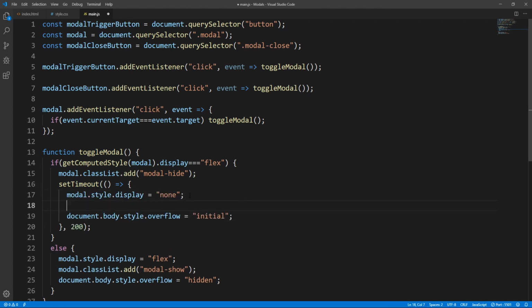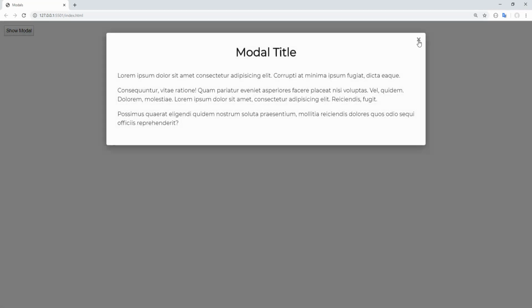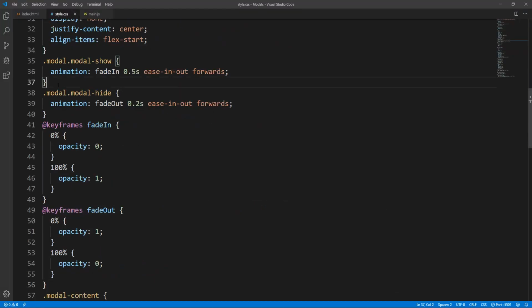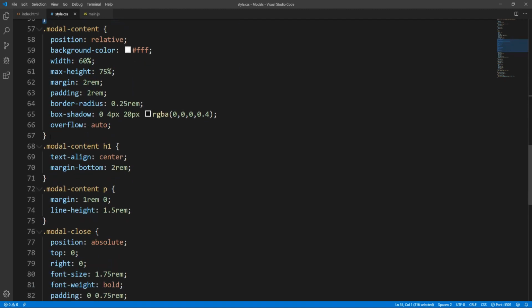And let's also not forget to remove the animation related classes so that we can add them again and so on. And let's see the result. Indeed, the modal fades in and out. Now we could also specifically target and animate the modal box, and let's quickly do this. Back to our CSS file. I will copy this part since we are going to work in a similar manner and paste it over here